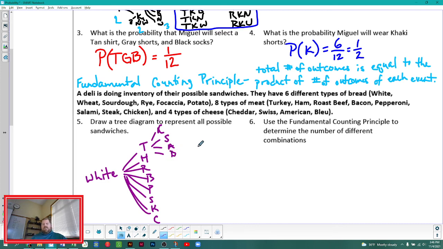This tree diagram is going to get ridiculous. So much so that I don't actually expect you to do it because you're not going to fit it here. Instead, we would look to use the fundamental counting principle to figure out how many combinations there are, to figure out how many different sandwiches they can make. And that comes from this. The number of sandwiches